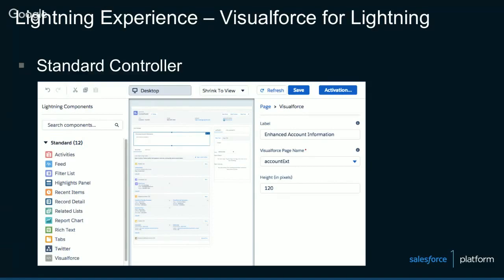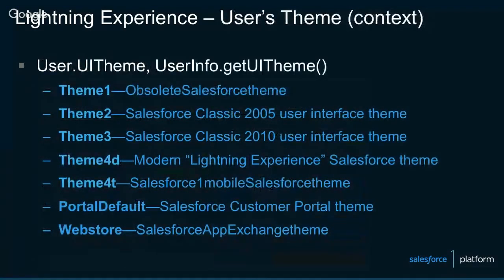So one of the interesting things when we're working with Lightning and Visualforce, and we have some common code, is the ability to detect which context we're in. So we might have something where we have to take some sort of action. We have a page and we want to style it slightly different if we're in one of the contexts. Now we can programmatically detect which theme we're in and take some certain action. And it's available server side in our Apex classes with UserInfo, and then in Visualforce with the $User.UITheme